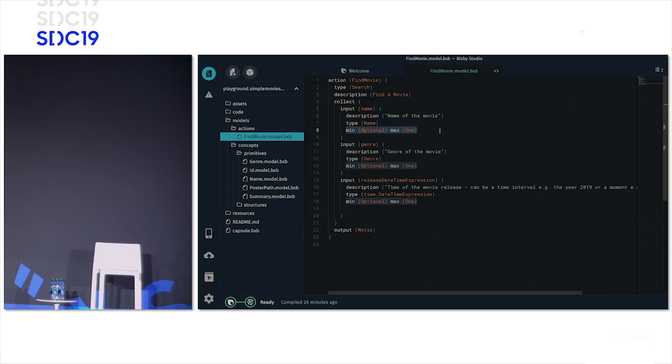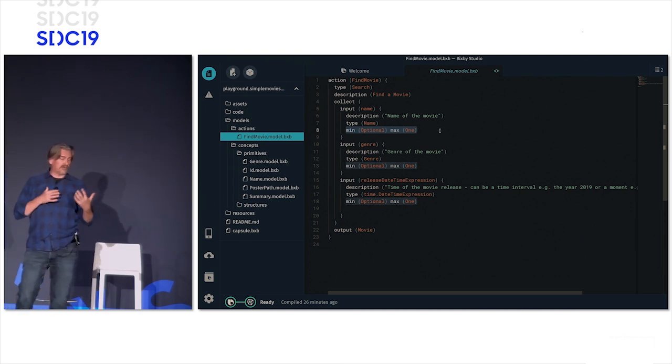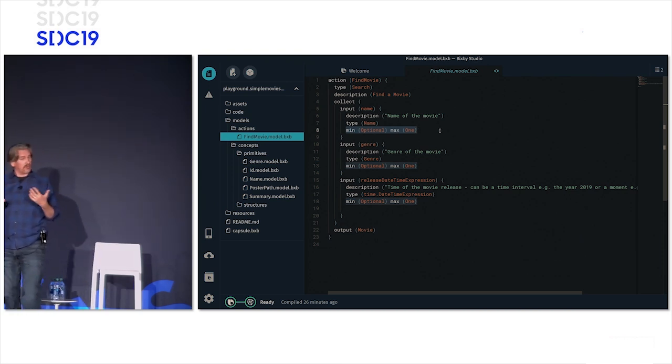Min optional, max 1. So that's defining the cardinality of this input. That means 0 to 1. But it could say min required, it could say max many. I'll show you something that's max many in a second. All right, so I can collect a name, I can collect a genre, and I can collect what I call